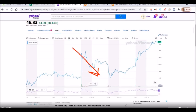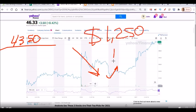Well, I catch a little bit of a break as DraftKings bounces off that bottom and starts to move a little bit higher. Sure enough, I'm able to sell the $43.50, which is 25 cents above my stock purchase price of $43.25. And I was able to get $1 full for that. It's expiring this week, November 20th. When you combine the 25-cent stock appreciation and the $1 in premium on 1,000 shares, that is for week number 1,